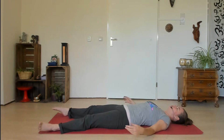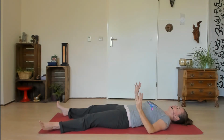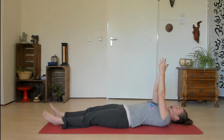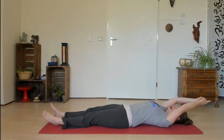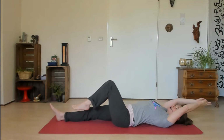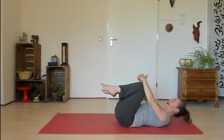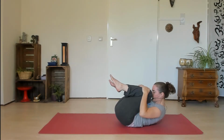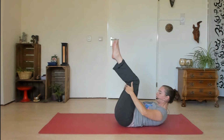And you can make small movements with the hands, with the feet, rolling the ankles, rolling the wrists, rolling the head if you want. Stretching yourself all the way across the mat, or maybe rolling yourself into a little bowl, bringing the head off the floor, anything you like. And then you can slowly come back to a sitting position. You can come back up slowly along your side, or you can just roll yourself along your spine back and forth until